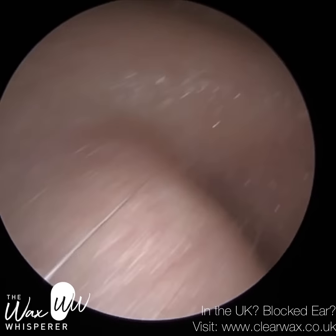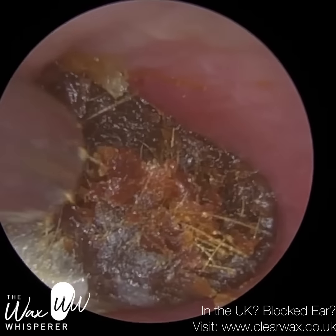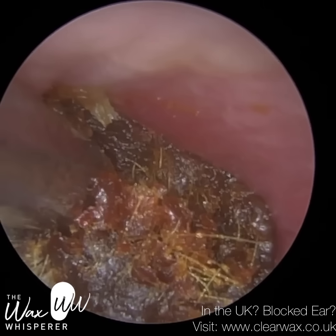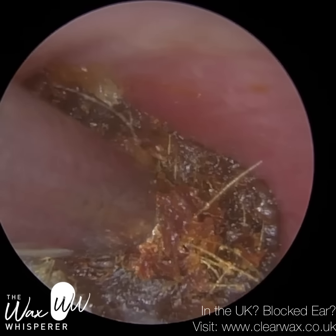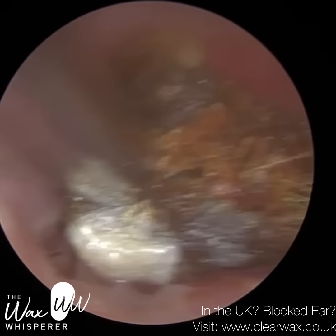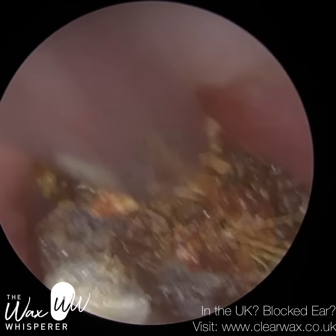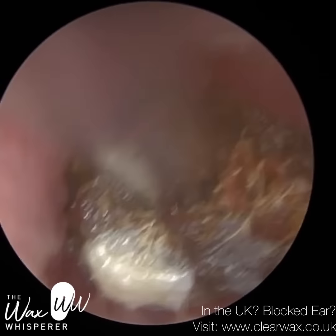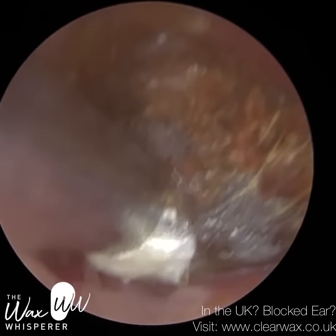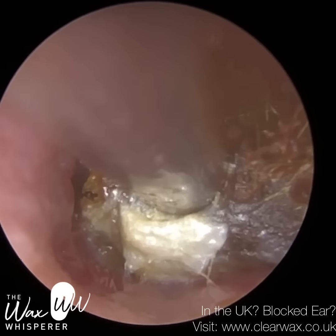Now you're going to get a better view of the widening. You can see the ear canal and the plug goes upwards. It's almost hidden. I'm trying to bring it down from the top. And on the left-hand side where I'm here, you can see that tightly adhered matrix of dead skin. So that white skin is the fresher layer of skin. That skin was only recently lining the ear canal, and it's shed, and it's joined the plug, the main plug